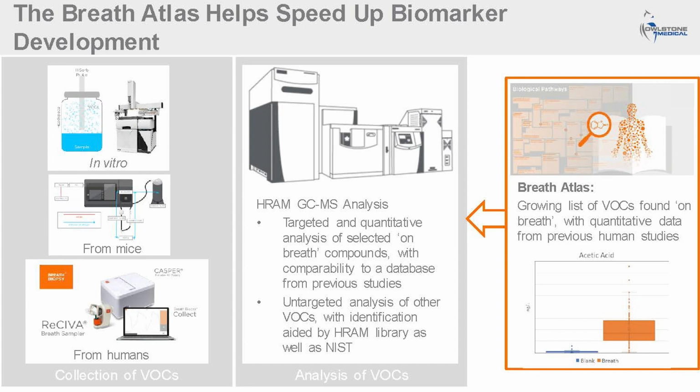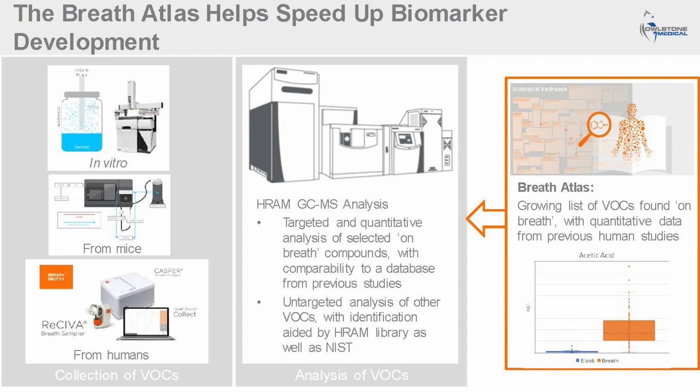This VOC atlas is basically now a growing list of compounds, which we found on breath, typically in a healthy population, but that's expanding. And it's got quantitative levels of each of those molecules from previous human studies. What this allows us to do is basically focus in on VOCs when we're analysing the data that we think are more likely to be potential biomarkers. And it also gives additional information on where those VOCs have previously been seen, if, for example, they're correlated with gender or age or other potential biases, and also whether they've been seen, for example, in similar diseases. So with the Atlas, we can target in our GCMS data.